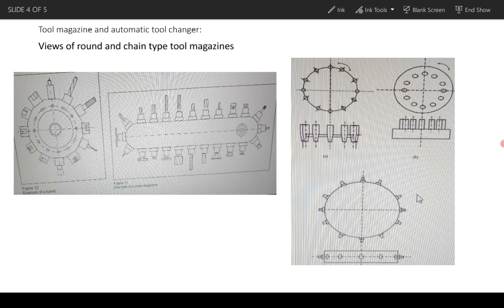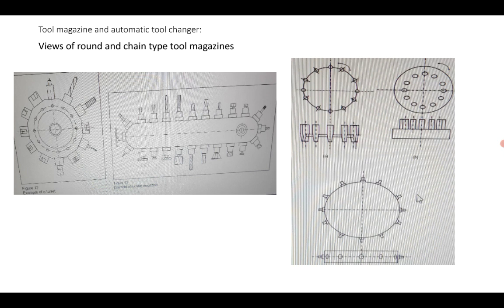Two types you can see here in the images or the diagram: a round type and a chain type, and another image of the round type of tool magazine. Magazine means a storage device.